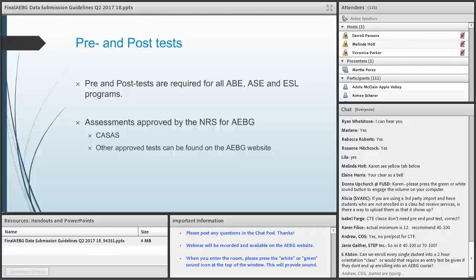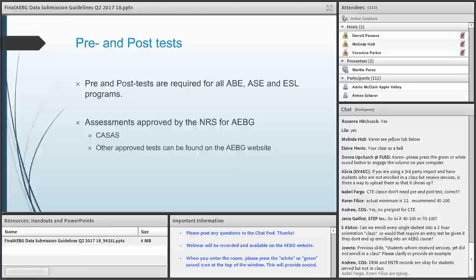All right, so CTE is not a program that requires pre or post testing, and the official recommendation for post-testing to get better gains is from 70 to 100 hours of instruction. It's not 40. The 40 that I mentioned earlier is the minimum amount of hours required by the NRS.